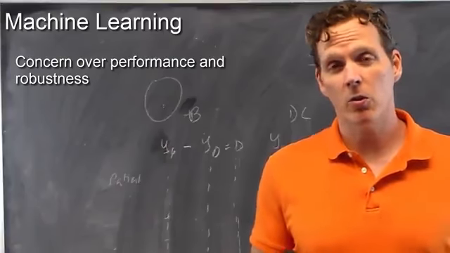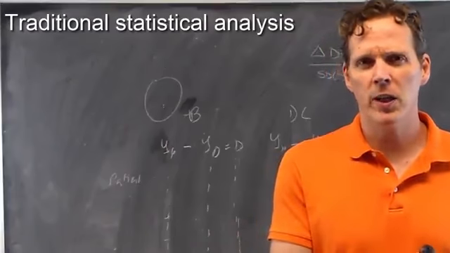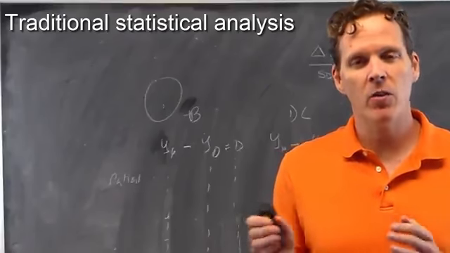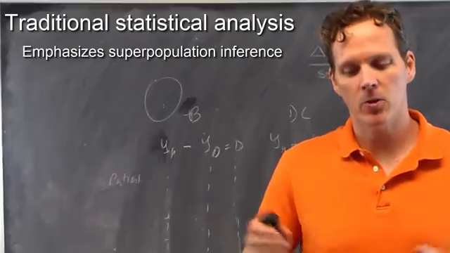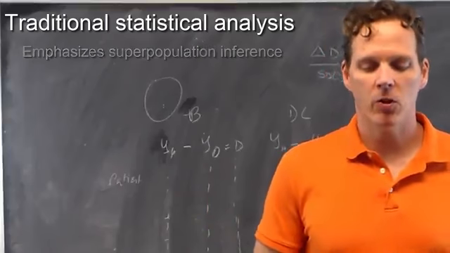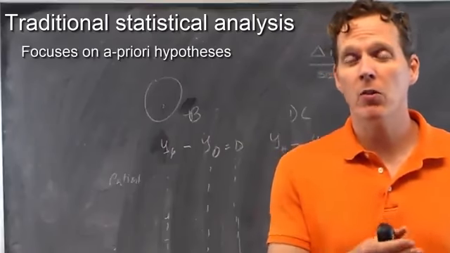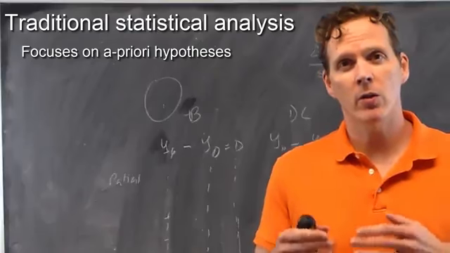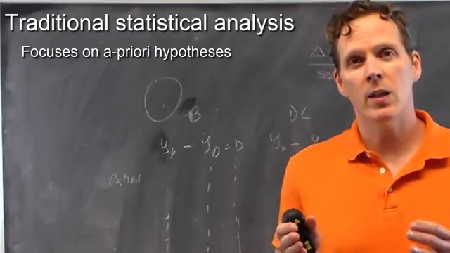So in traditional statistical analysis, let's contrast that now, this tends to emphasize not so much predictions, even if it's doing prediction, but emphasizes predictions or models as they relate to some superpopulation. You have a sample and you want to generalize it to some superpopulation that the sample was drawn from. So there's less of an emphasis on sampling assumptions in machine learning. Traditional statistics tends to focus on a priori hypotheses, where things like unsupervised learning tend to try to generate the hypotheses, right? The G factor generated this idea that there was intrinsic variability in intelligence.